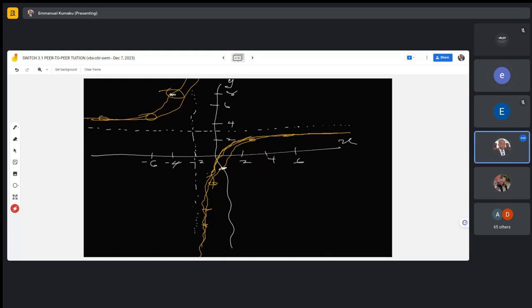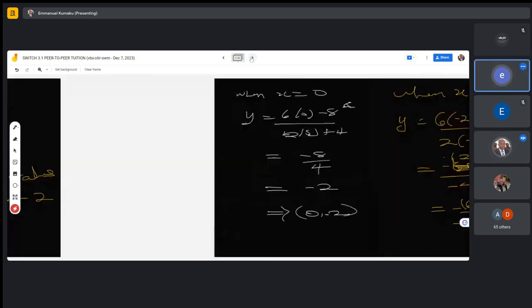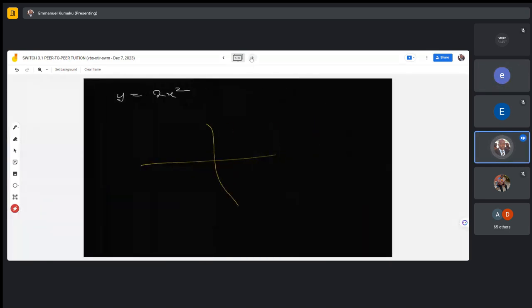Please, can you have a situation where the denominator will be a quadratic? When you factorize, you'll be having two vertical asymptotes. It's our assignment that they gave us. If it's quadratic and you have two vertical asymptotes, for example, if I have 2 over